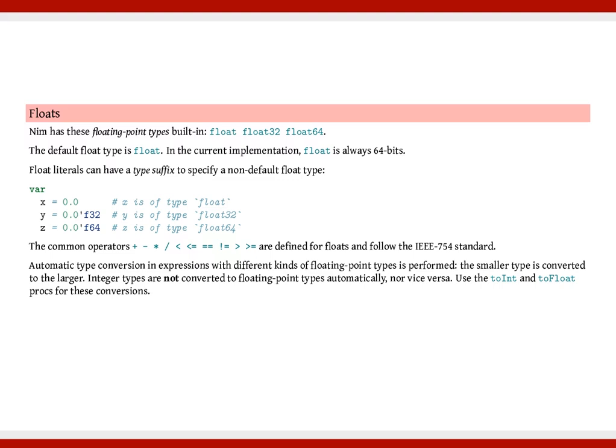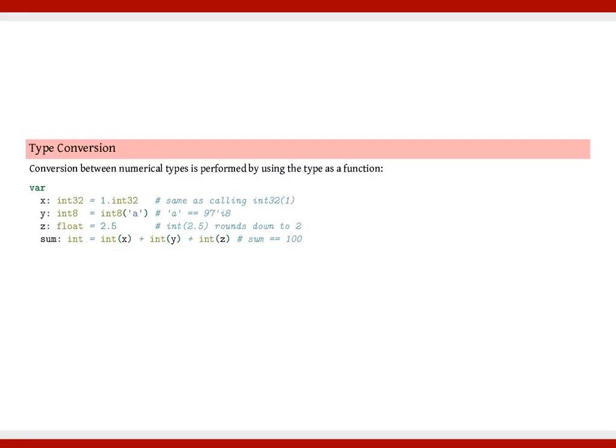Use the toInt and toFloat procs for these conversions. Type conversion. Conversion between numerical types is performed by using the type as a function. var x: int32 = 1 # same as calling int32(1)